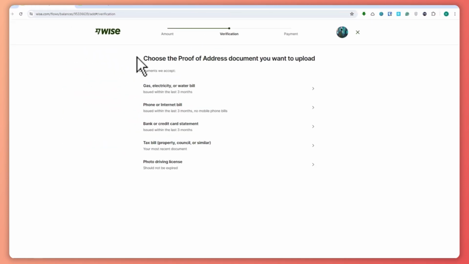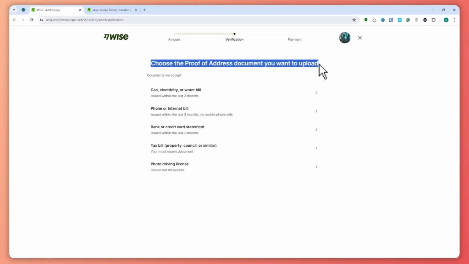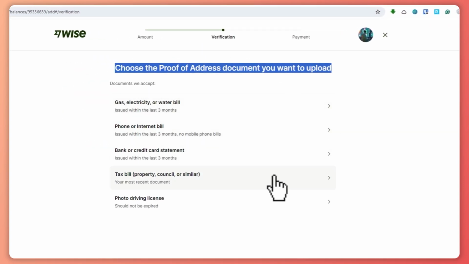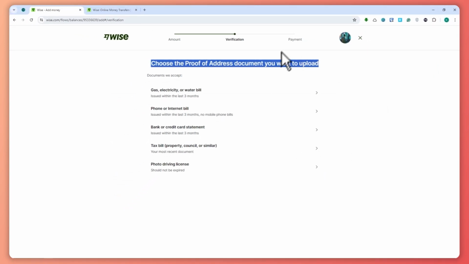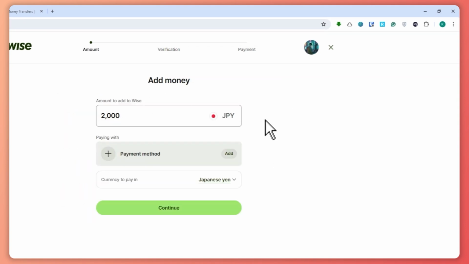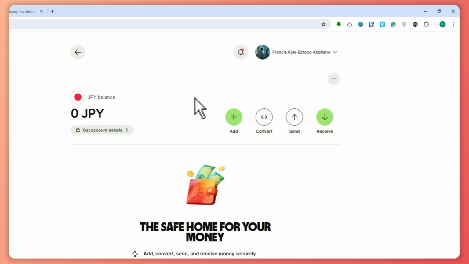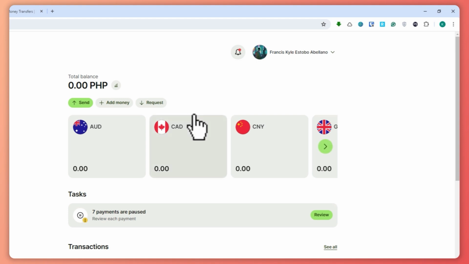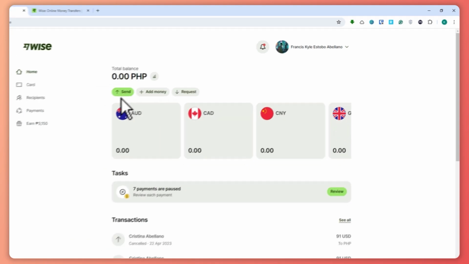And then from here, it would go through some verification. It would need some proof of address, so you would need this document right here. You need to complete this verification in order for you to proceed to the payment in depositing on your Japanese yen currency account. And if you want to send money using your Japanese yen currency, you can click on